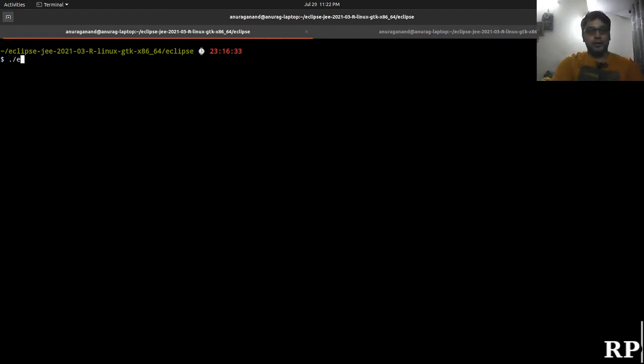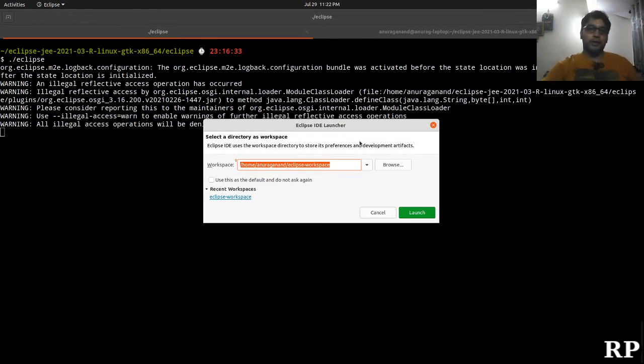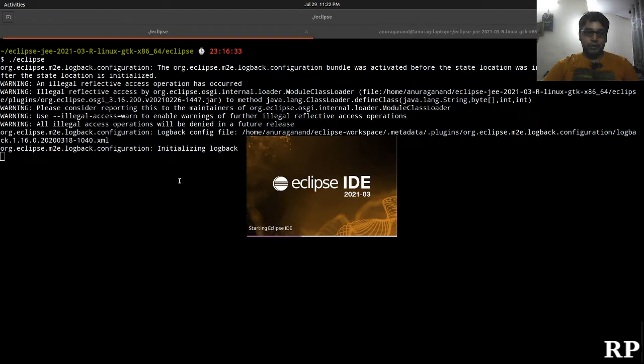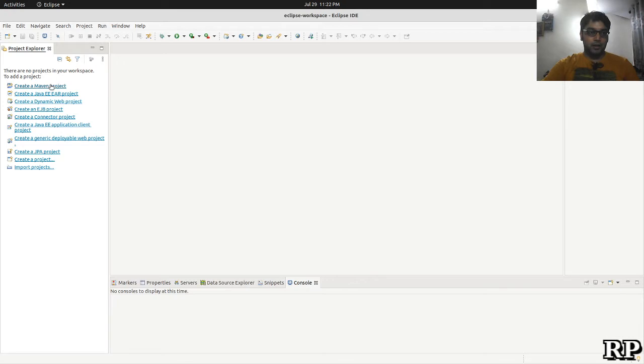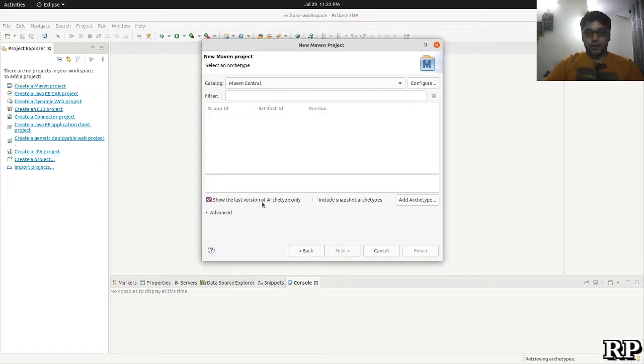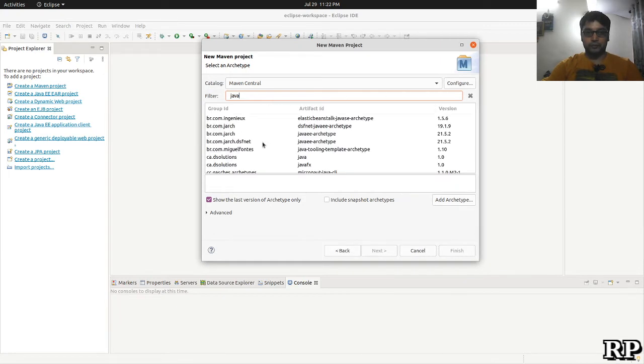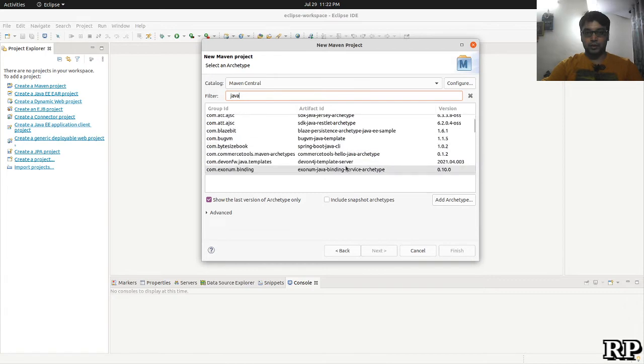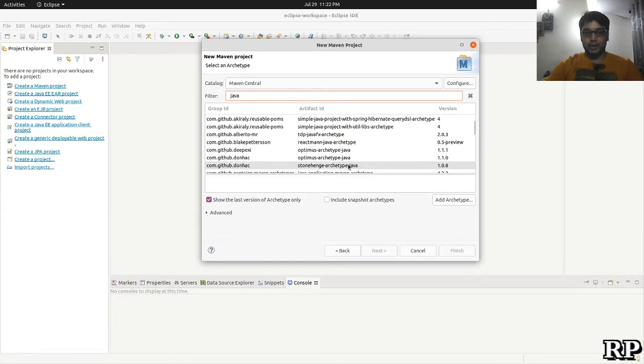So let me start the IDE to show with some project how differently Eclipse behaves once it is there and once it is not there. Create a Maven project, default workspace, Maven Central, type something Java, and Java something called basic. I will take that.